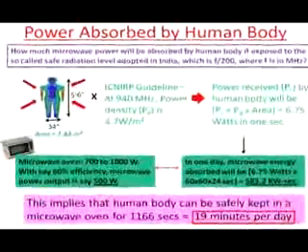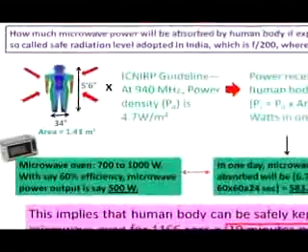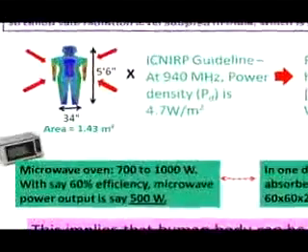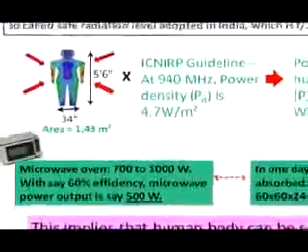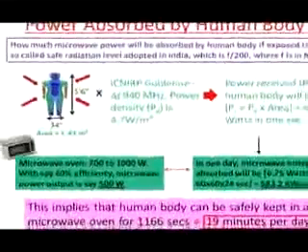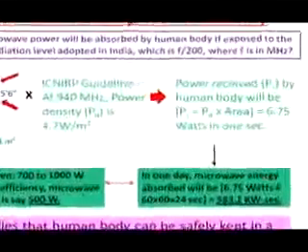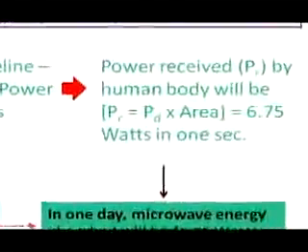I model the human body as a cylinder, so the area is 2 pi RH, where 2 pi R is your waist, multiplied by height. I have taken a 34 inch waist and a height of 5.6 feet, so the area is 1.43 meters square. The power received by the human body will be 6.75 watts in 1 second. Now in one day, how